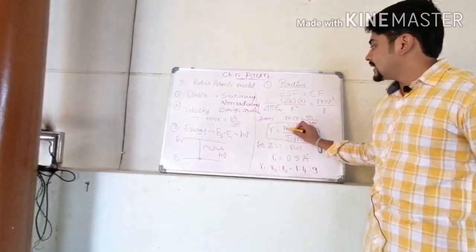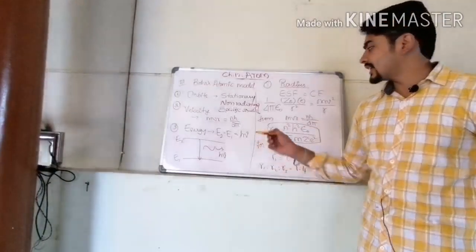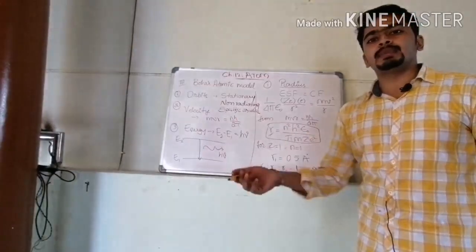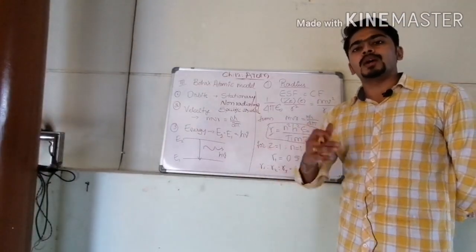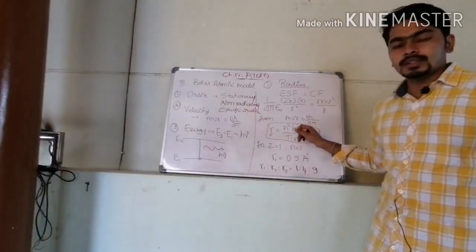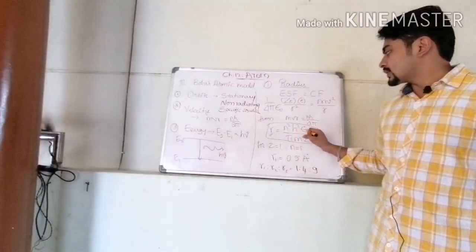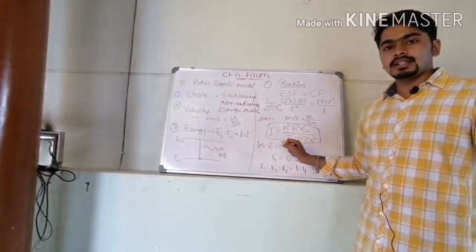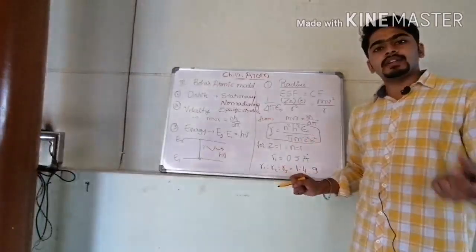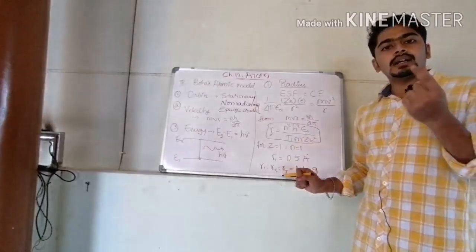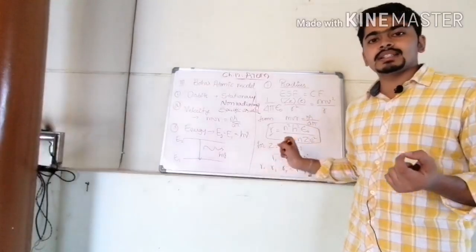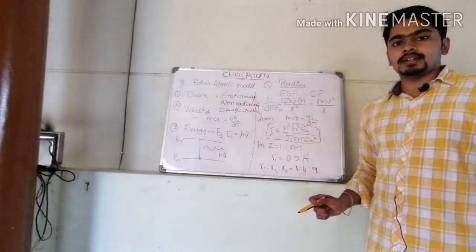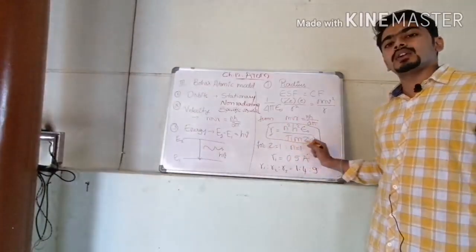If I consider n is equal to 1, the first orbit, we will get the value of the radius of the first orbit. n is the principal quantum number. You can substitute 1, 2, 3 likewise. h is Planck's constant. Epsilon naught is the permittivity of free space, and pi is a constant value. m is the mass of an electron. Z is the atomic number of the nucleus, and e is the charge of an electron. You will be knowing these quantities, these parameters.